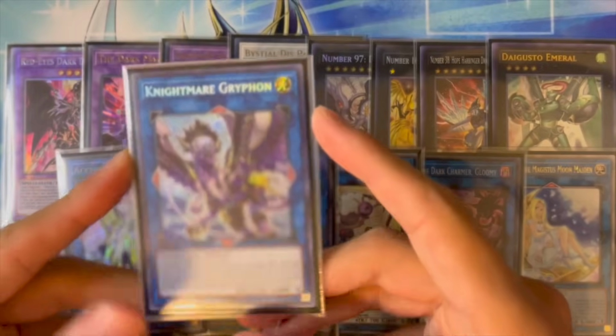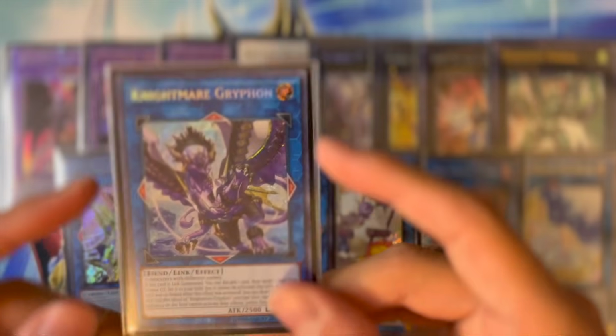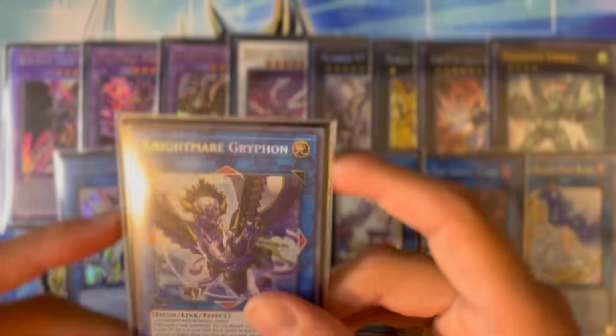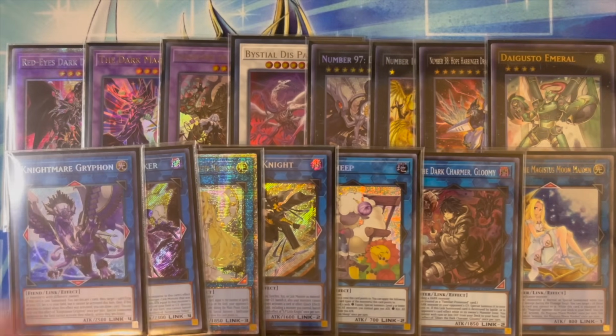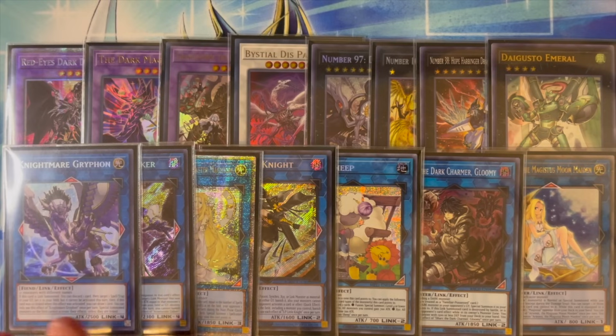It's the reason why I won so many of my games in this last event, along with the locals leading up to it. Nightmare Griffin is game changing. It's an unbelievable floodgate. It auto wins the Brandon matchup. It auto wins the Ubel matchup. The only time this card did lose out to